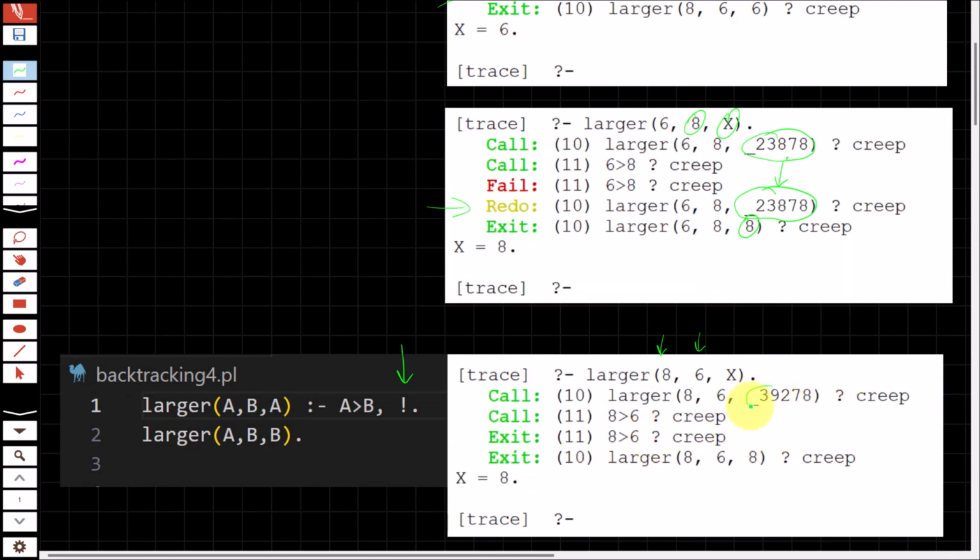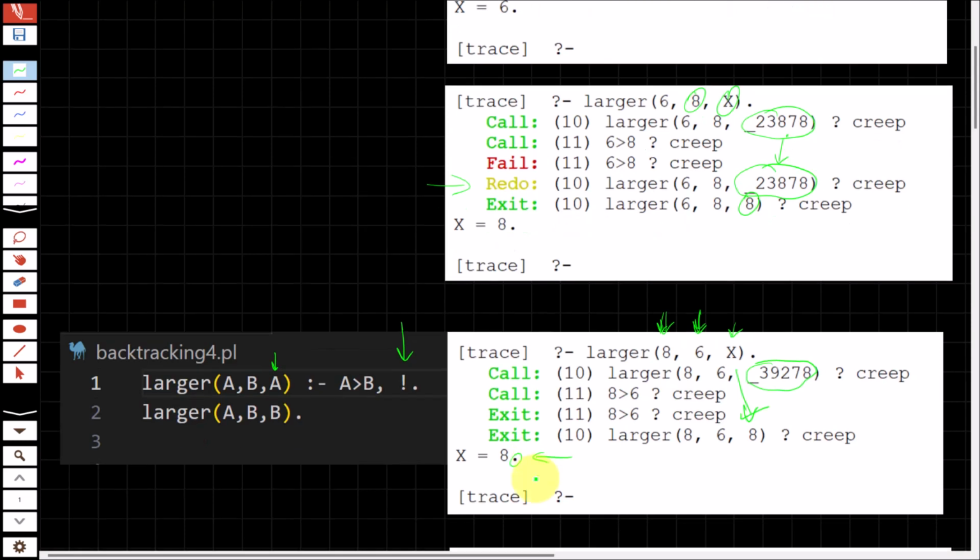So once again Prolog has assigned the default value to X. It has gone into the first line of code, checked whether A is greater than B. Remember A has been assigned 8 and B is 6. So that returns true. So X gets instantiated to that last position of 8 and it prints it out. And we can see Prolog has automatically added the full stop on the end to end the execution there. So that is one use of the